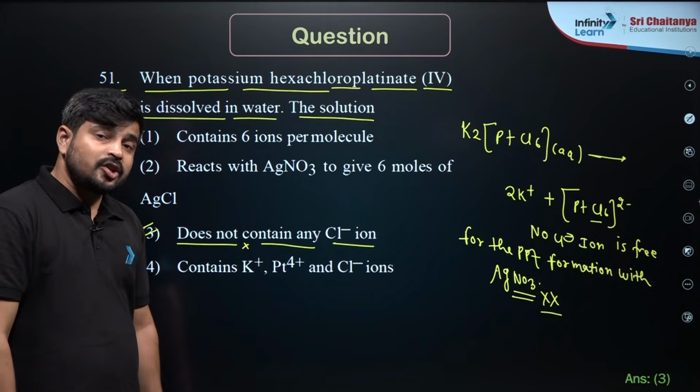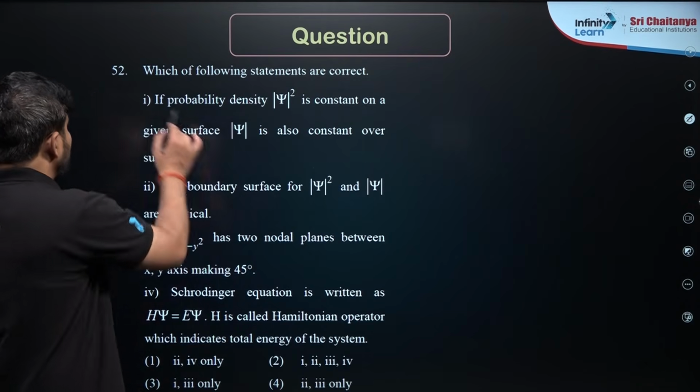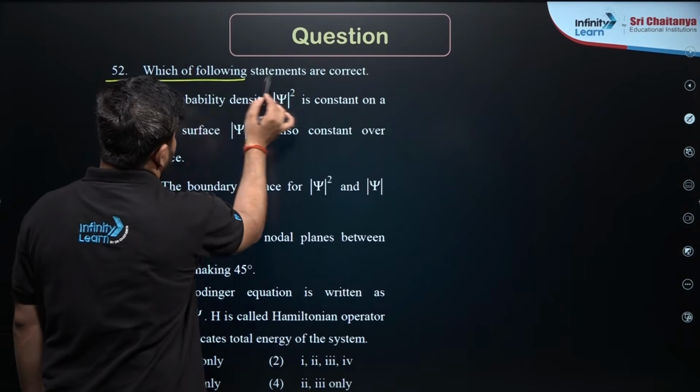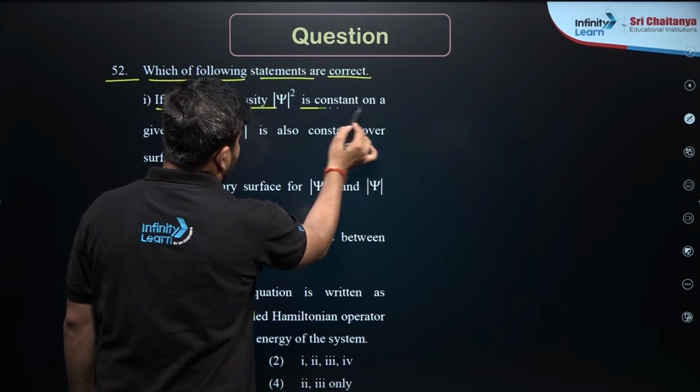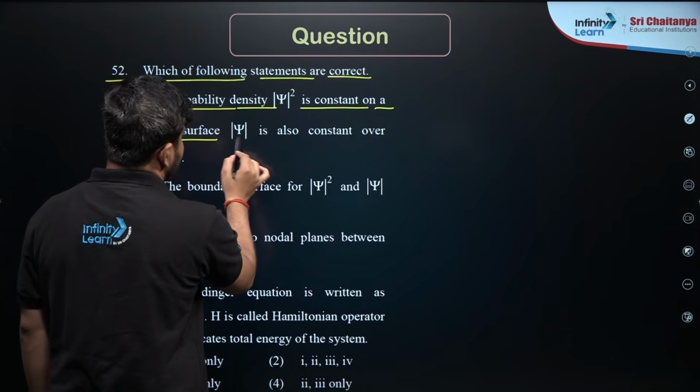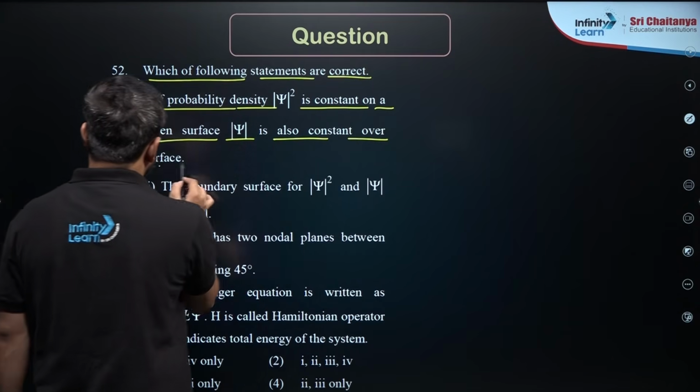Now I am coming to the next question. See the next question here, question number 52. Which of the following statements are correct? Okay, so if the probability density psi square is constant on a given surface, psi is also constant over the surface. Okay,